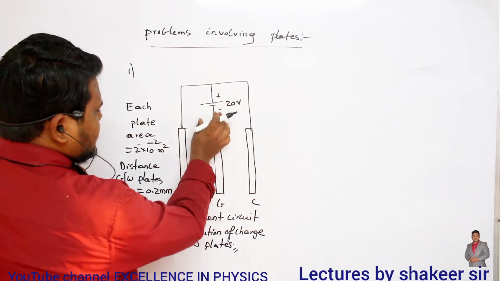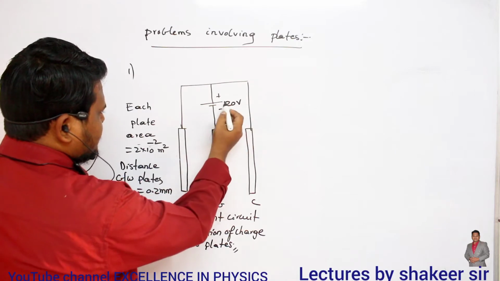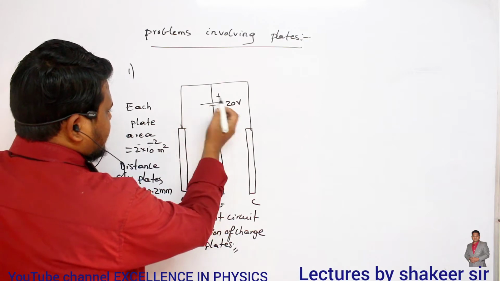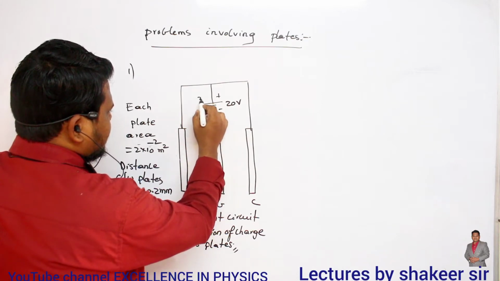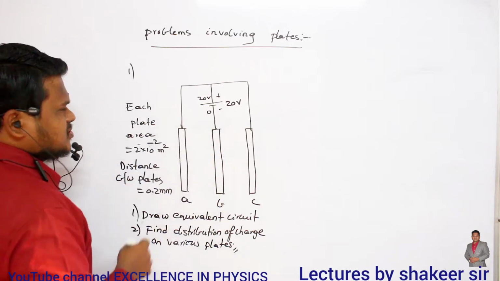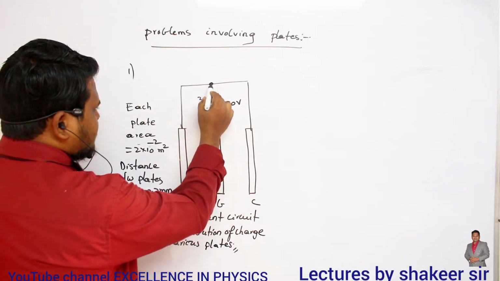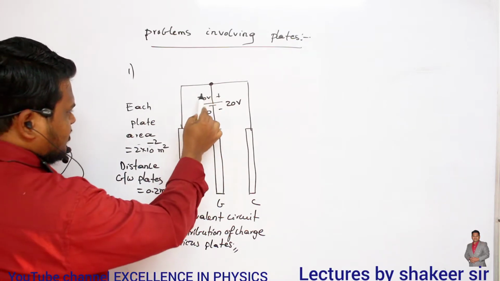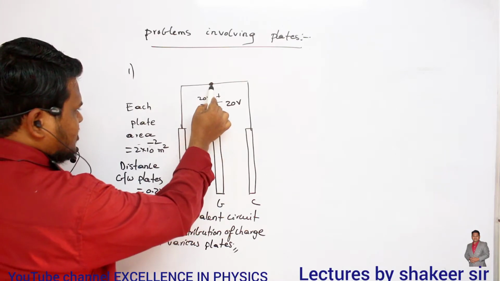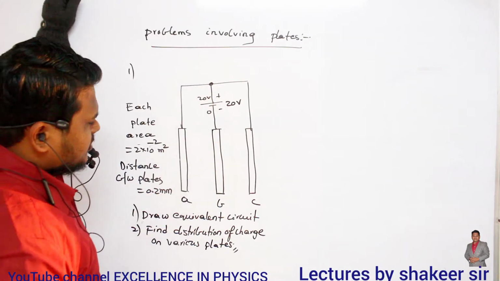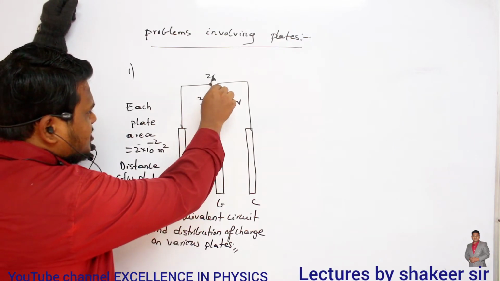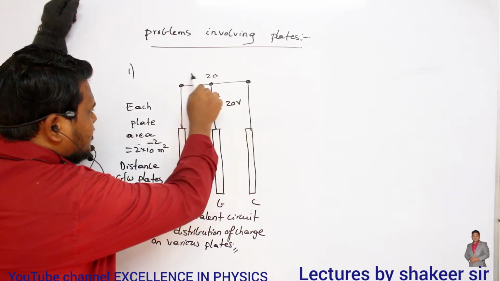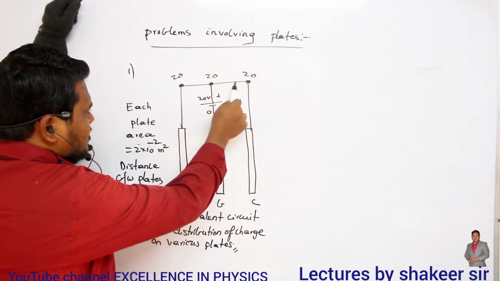See here, this is the battery which is connected, 20 volts. This is the positive terminal of the battery, this is the negative terminal. Clear now? So if I assume here there is a potential of 20 volts and, for example, here potential is 0. Then what will be the potential existing here? If potential is 20 on this positive plate, here potential will be how much? Come on. 20 only, because there is no drop of potential. So here if potential is 20, here and here also potential will be 20 only. Clear? Here also there is no drop of potential.